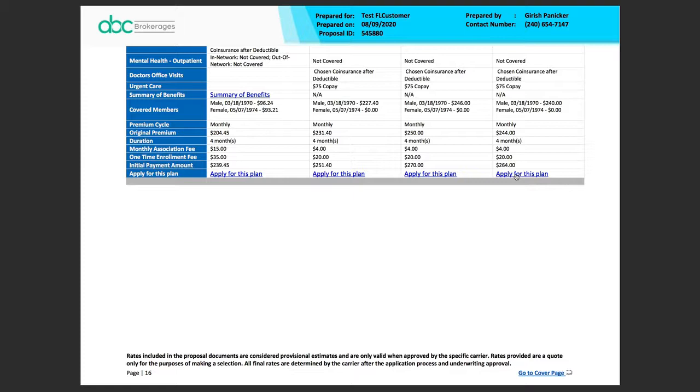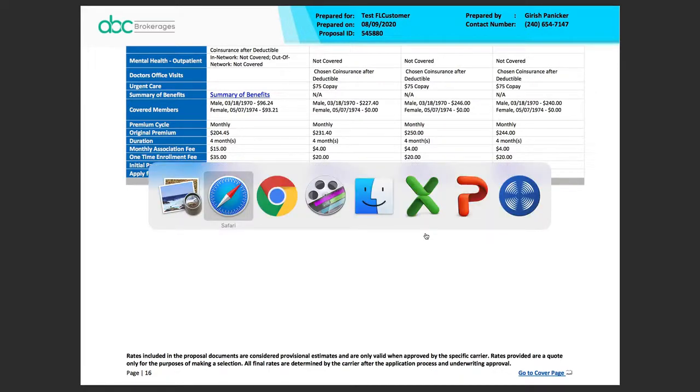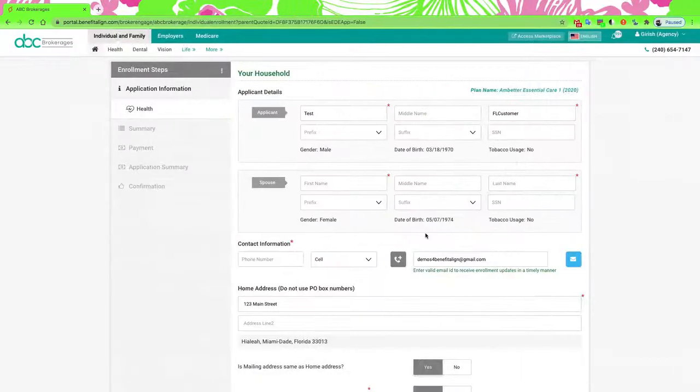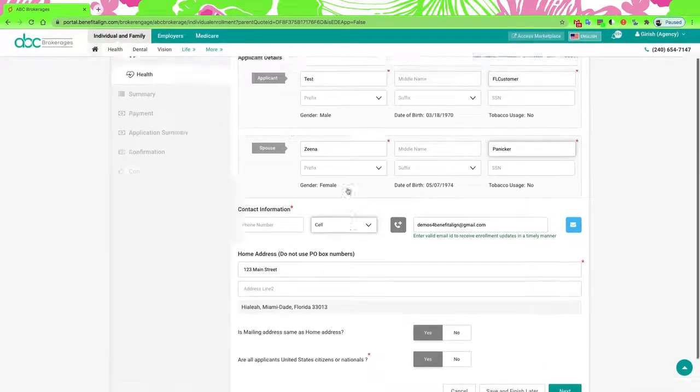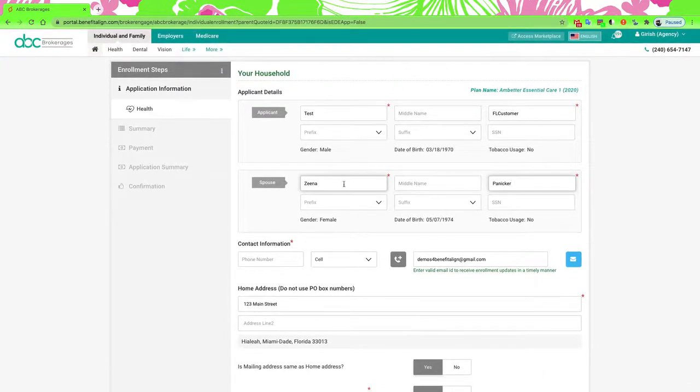But when they do that, you are automatically associated with that enrollment. So your AOR information is automatically attached to it. So that's the second way of doing it. When you do the application online, it will walk you through the entire process. If you were doing it instead of the customer, it will walk you through the entire process and complete that entire application step by step.